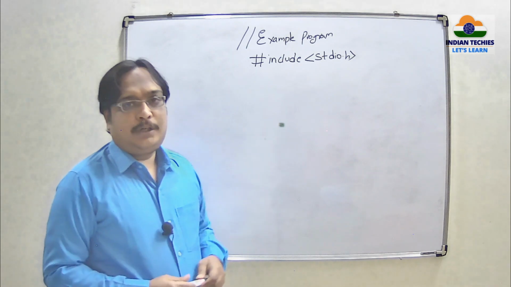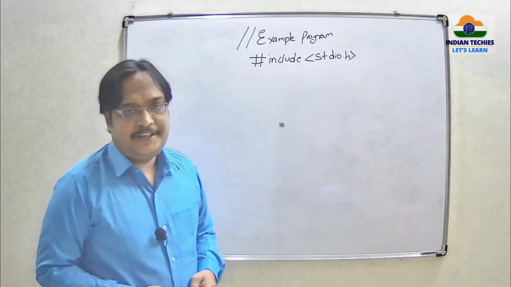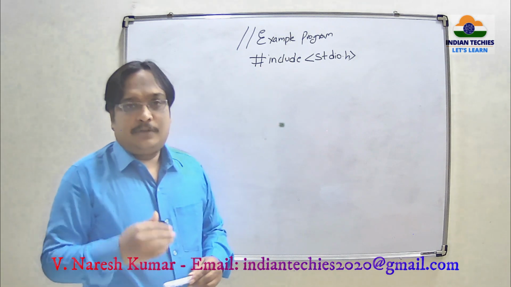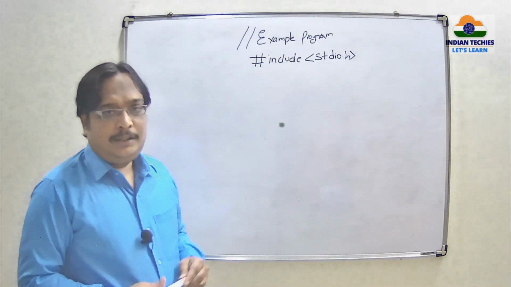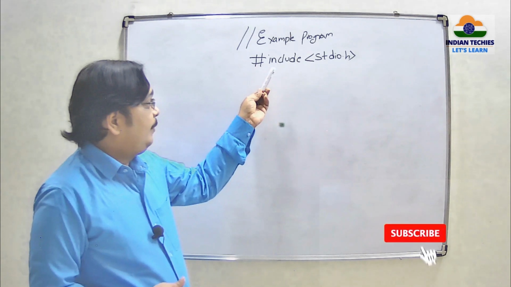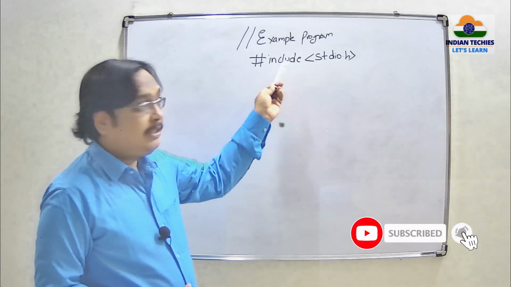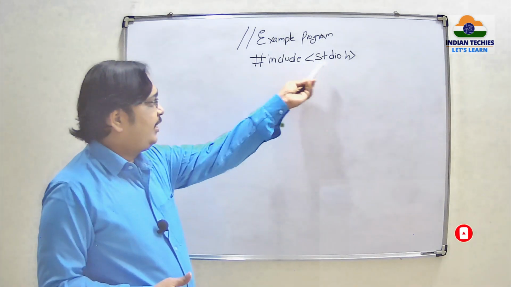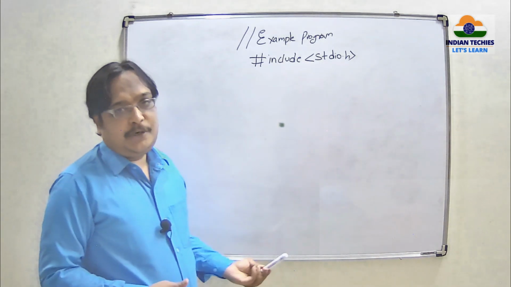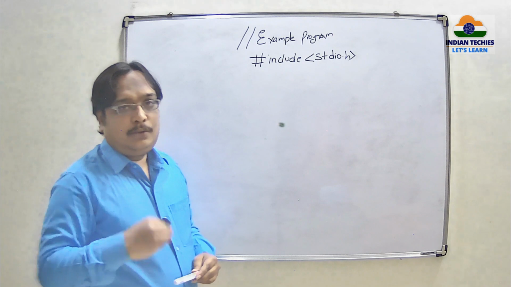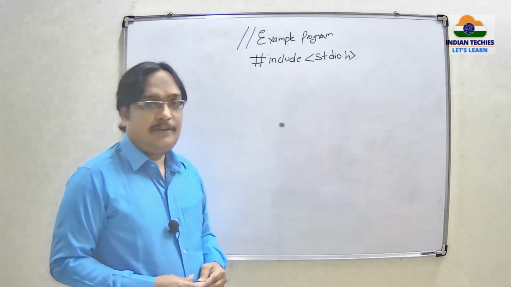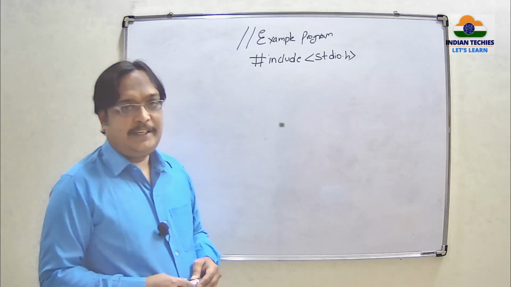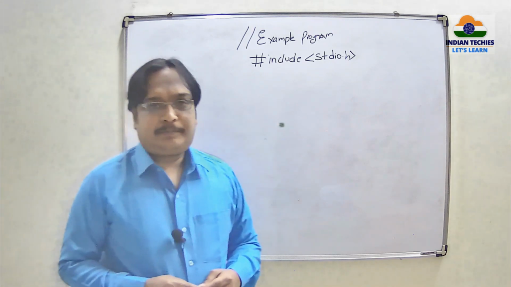All the basic input output rules, functions, and definitions will be there inside #include stdio.h, so that your program is linked to the compiler. At the same time, these library files also will be loaded. The compiler compares the rules between stdio.h and the rules that you have written in the program. To load those rules, we are writing #include stdio.h. Right. Once this is completed, what is the third section?